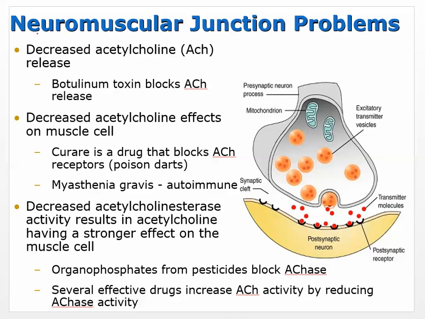So the last thing we're going to talk about is neuromuscular junction problems. We kind of know what the neuromuscular junction is, and we should have learned that in physiology. What happens is you release acetylcholine. Acetylcholine moves across the synapse and then binds to acetylcholine receptors on the other side. A number of things can affect this. Botulinum toxin, for instance, decreases the release of acetylcholine. That's why Botox can stop muscle contractions, which reduces wrinkles,